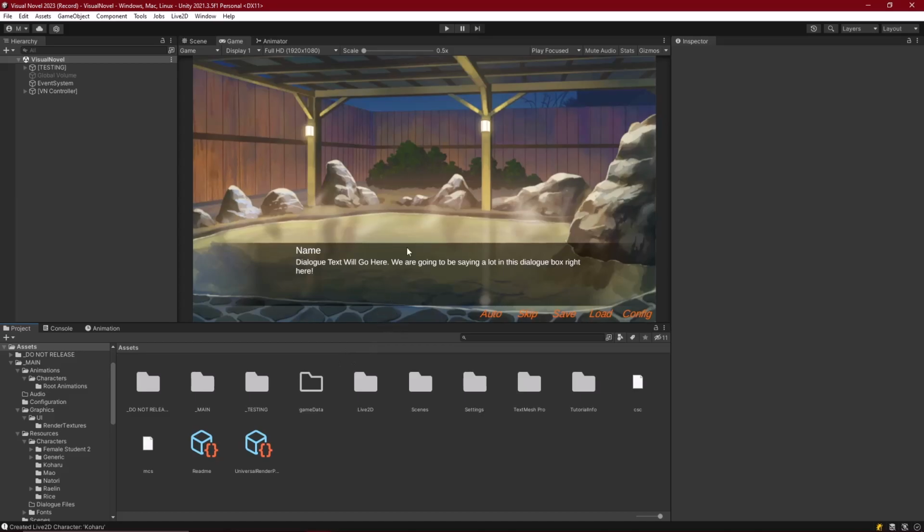So let's get back to what we were doing, picking up from last week where we finished off our live 2D characters. Let's go ahead and get onto our last character type, which is the 3D characters and how you can implement those into your project and into your visual novel if that's the kind of style that you want to go for. 3D models, they're easy enough to implement into the UI as long as you use the right